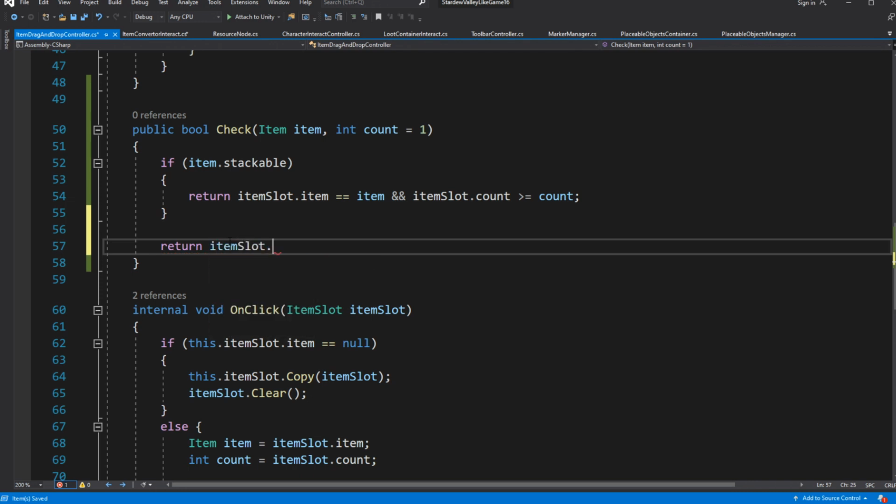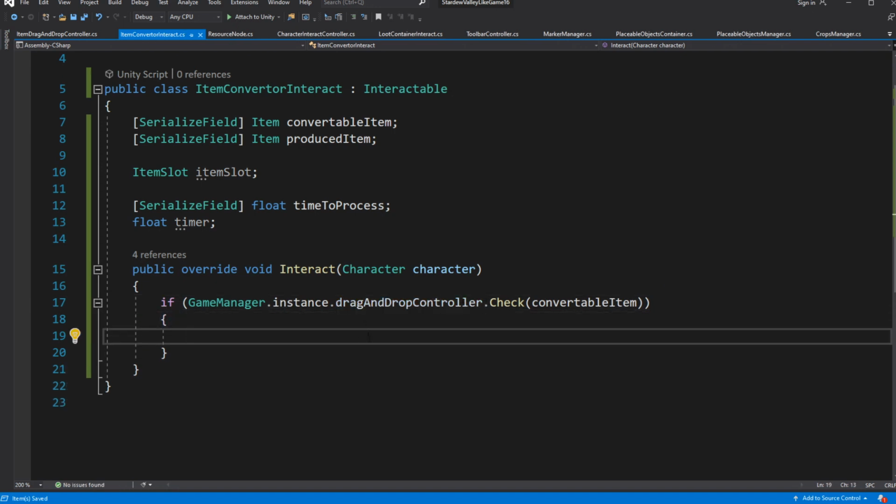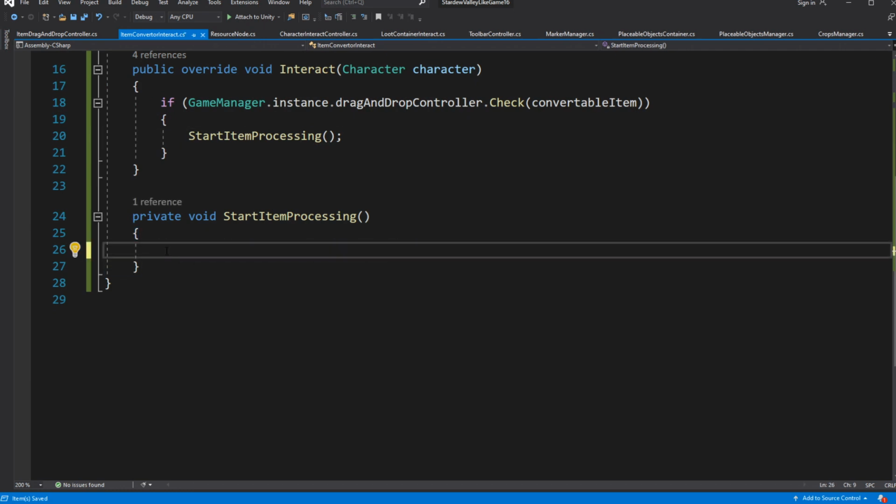If not, then simply for an item match. Inside the newly created method, put the dragged item into the item slot.